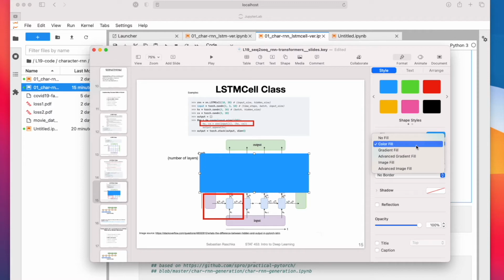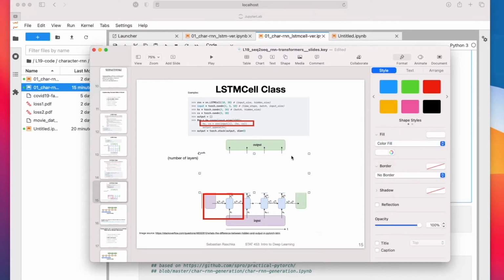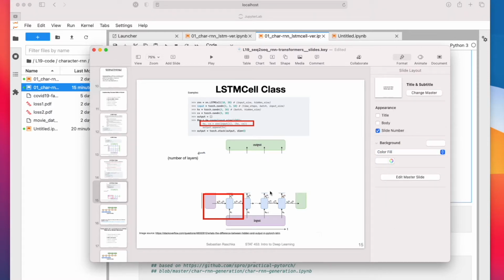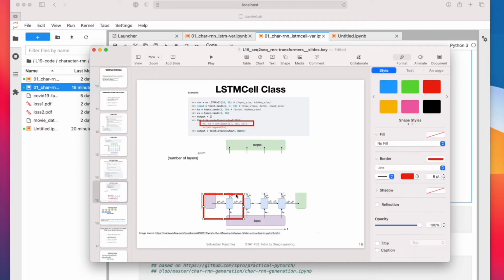So if you consider this part, we will receive one initial hidden state and one initial cell state together with that input token. So it will receive one input token, hidden state, and cell state, and then produce one output. And this output will go to a fully connected layer to do the character prediction.